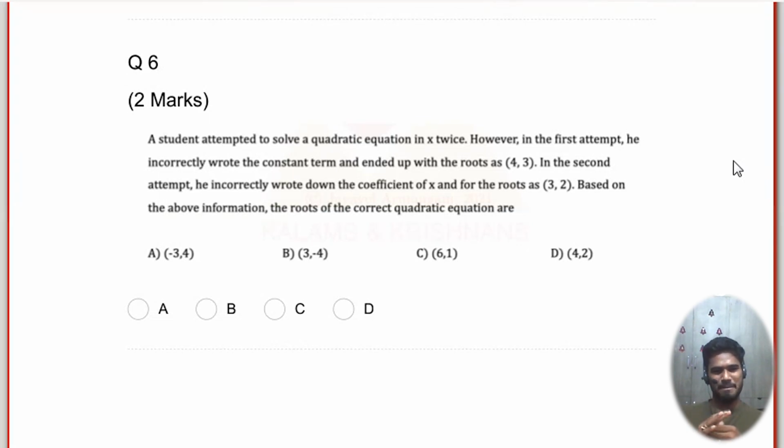Sir, we can just do it like we know that in terms of coefficient we have to multiply the factors, and in terms of middle term we have to add them. So in first case 4 plus 3 is 7, so the middle term will be 7, and then in the later case, 3 and 2, 3 times 2 is 6, so then the equation forms as 7 and 6, so 6 and 1 are the two factors.